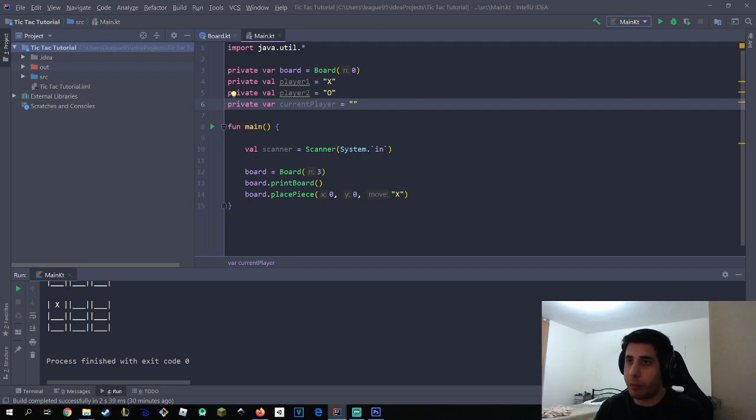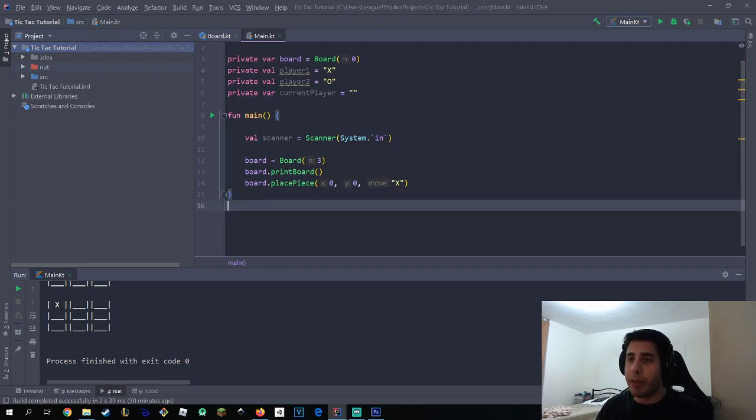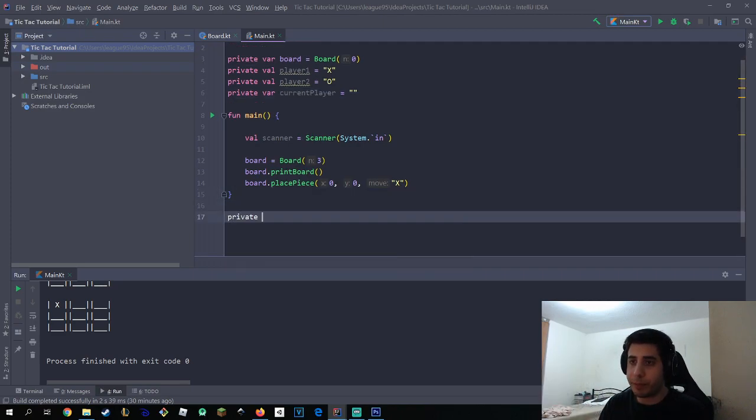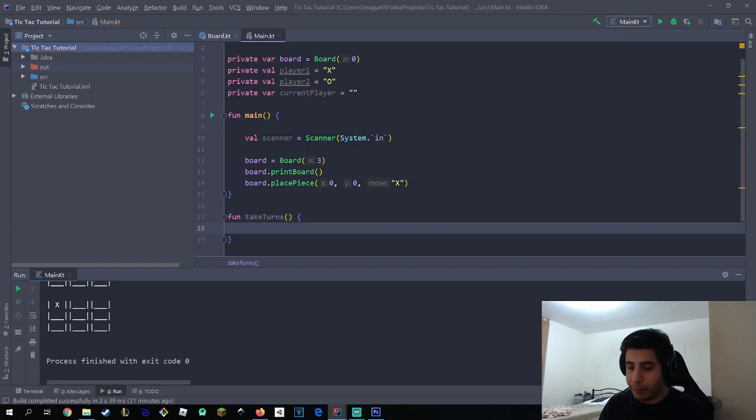We don't know who's the current player yet, and I want to make a method for that. So I'm going to say fun takeTurns, then currentPlayer is equal to, if